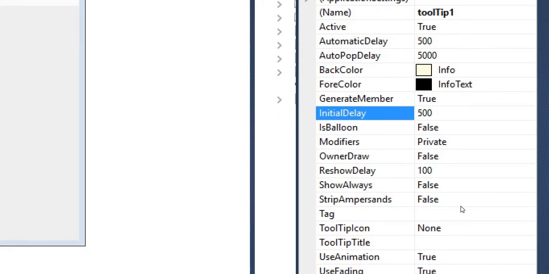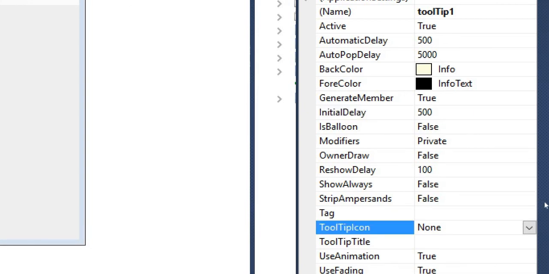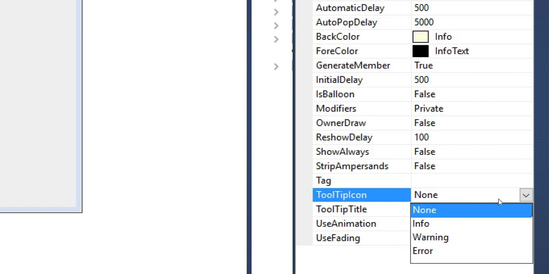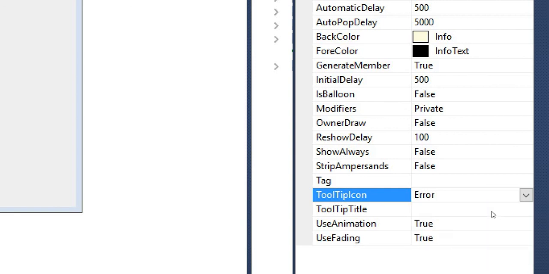Another thing is the tooltip icon. If you want to display it in the form of an error, you can select Error; in the form of a warning, you can select Warning; in the form of information, you can select Info. For example, we are here going to set Error, then we will see how it appears.